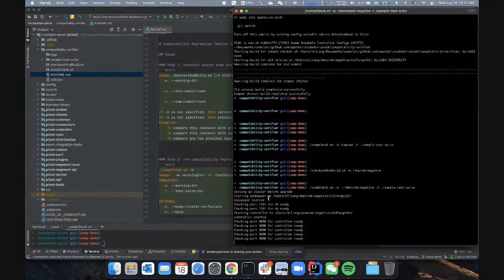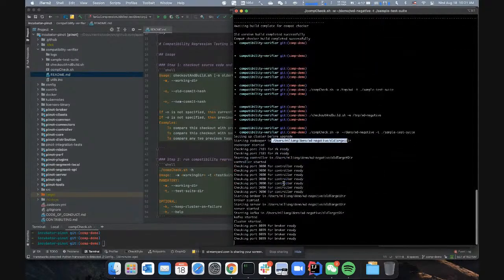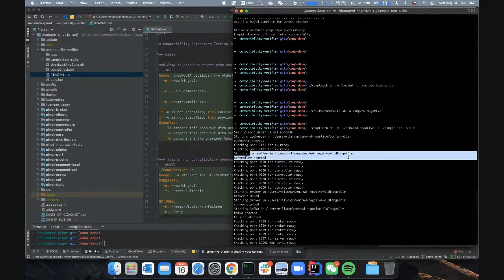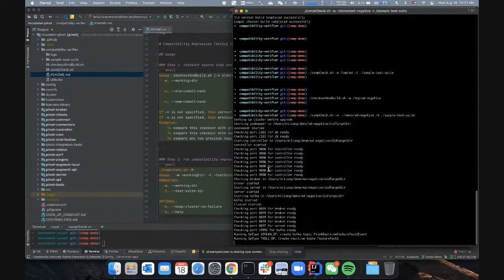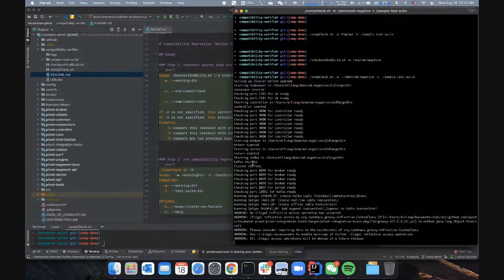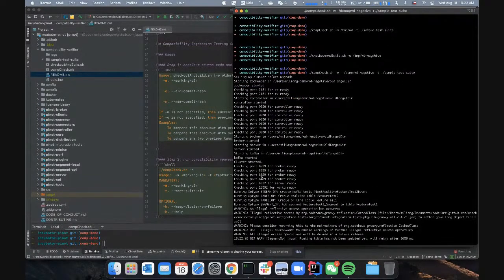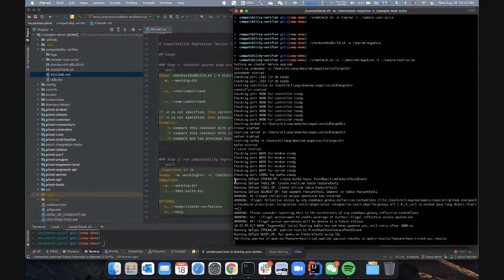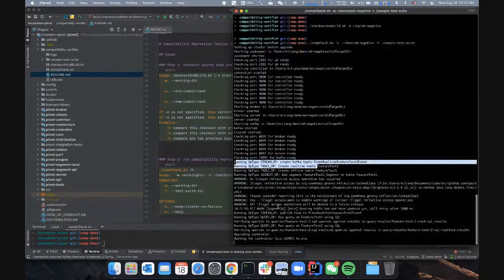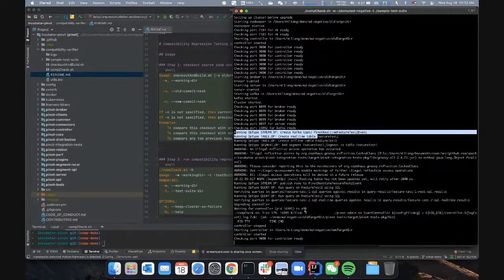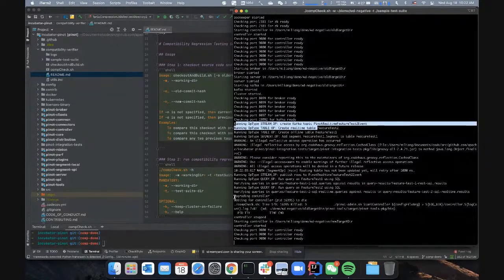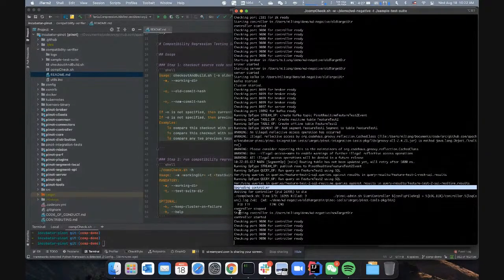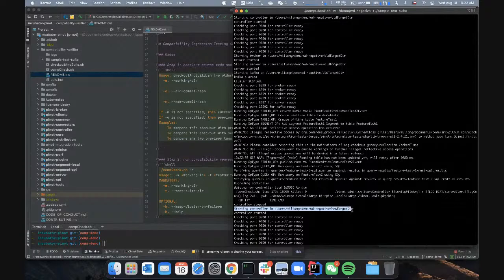Yeah, so it first uses the old release build to start the zookeeper, and start the old controller, wait for the controller to be ready, start the broker, wait for the broker to be ready, and then it tries to push some segments and run some queries. Then we will try to upgrade the controller. Now you can see that we start the new controller.